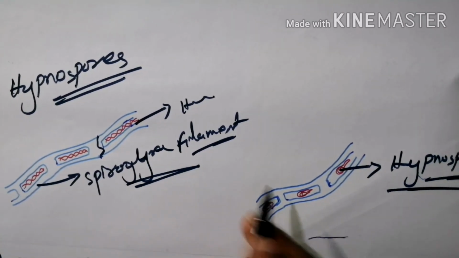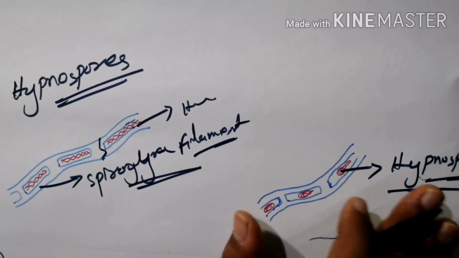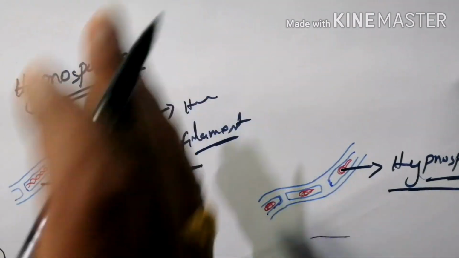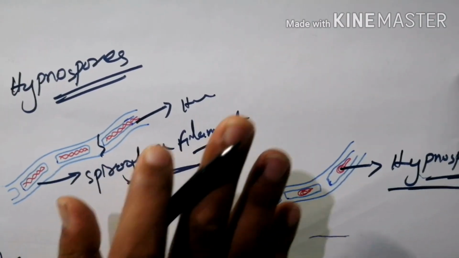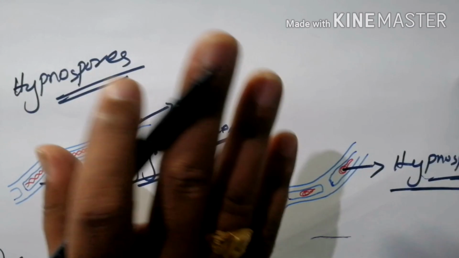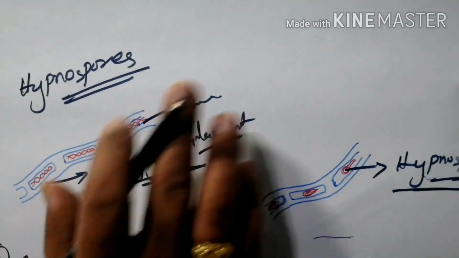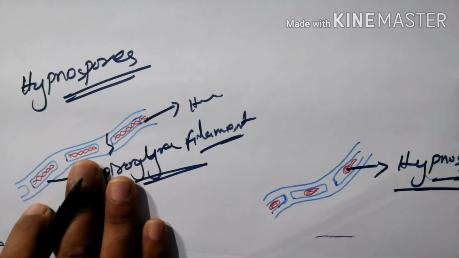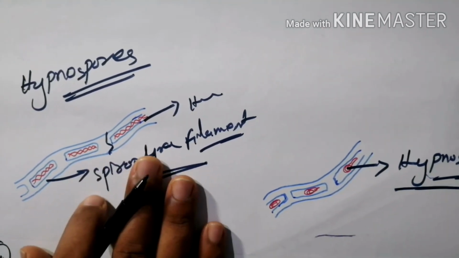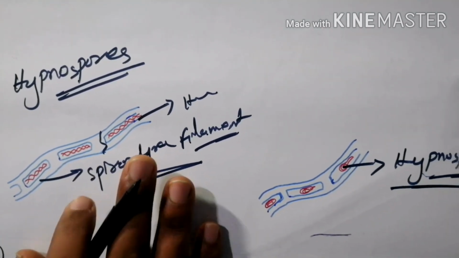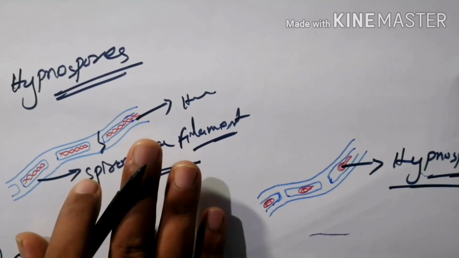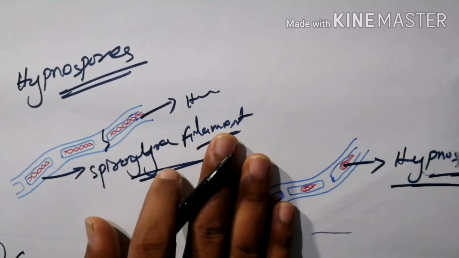So the Spirogyra filamented structure and Hypnospores are just like your Aplanospores, but in Aplanospores the wall is thin and nutrient and food material are stored inside the Aplanospore, forming a wall in it. But Hypnospores are developed with a thick wall